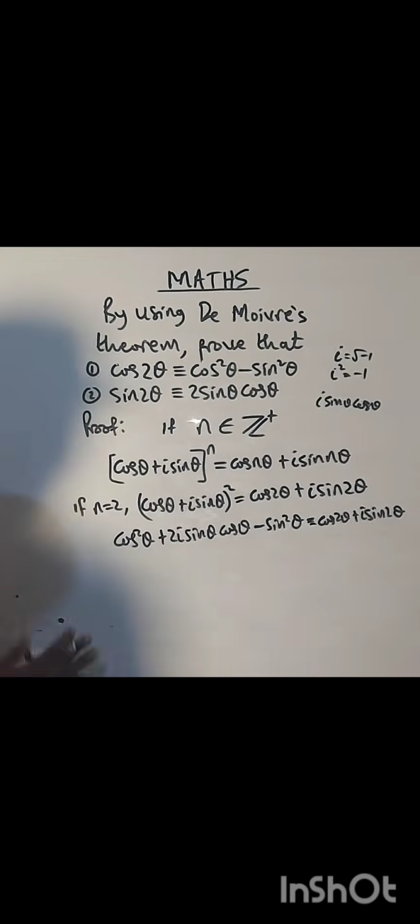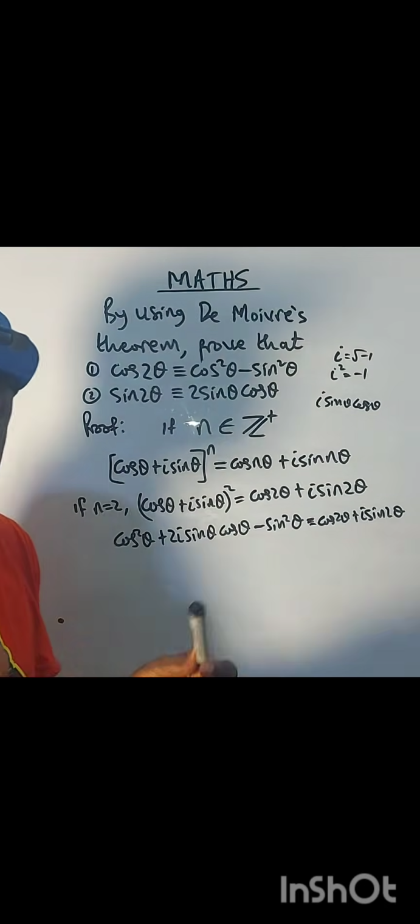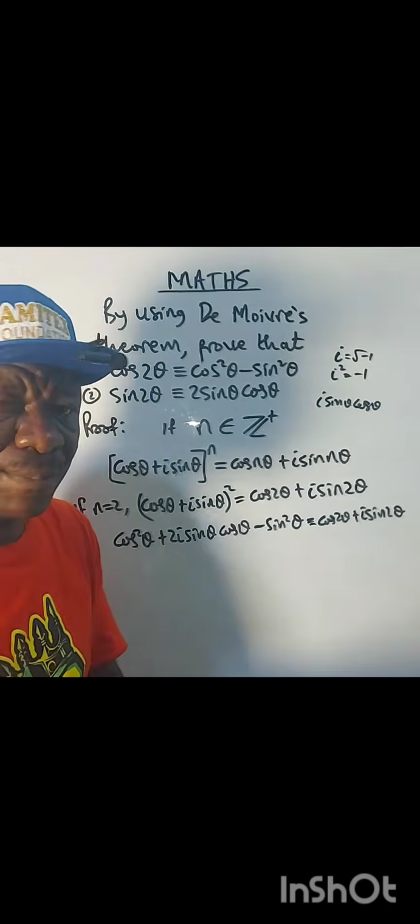So from here we can take the real part together, because a complex number has 2 parts, the real part and the imaginary part. So